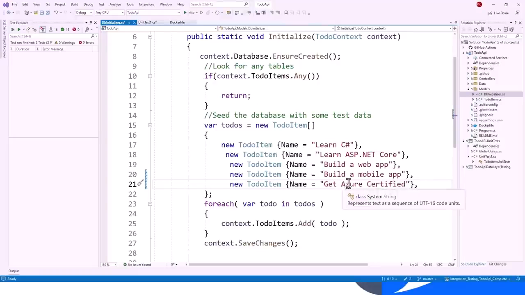Simply get Azure certified. Okay, and save the changes, and now